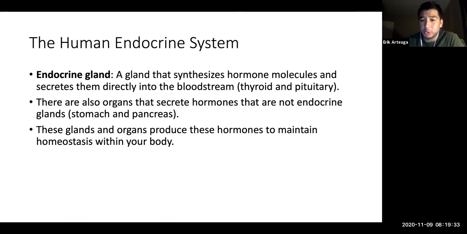These glands and organs produce hormones to maintain homeostasis within your body. And so again, we have to go back to that word homeostasis. You're maintaining the status quo of the body. You want to make sure that your cells are talking to one another and that they're all working together, okay? When you move outside of that range of homeostasis, you'll see disease in individuals or disease pathologies within animal systems, right? So again, the endocrine system is going to be maintaining homeostasis, making sure that organism or that person is going to survive just fine with the cells talking to one another.